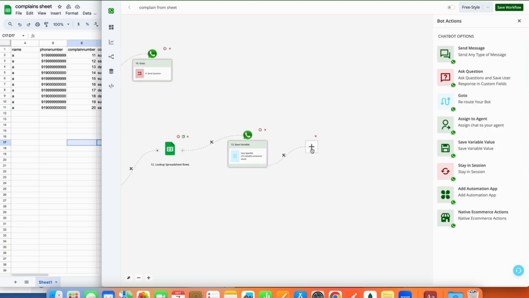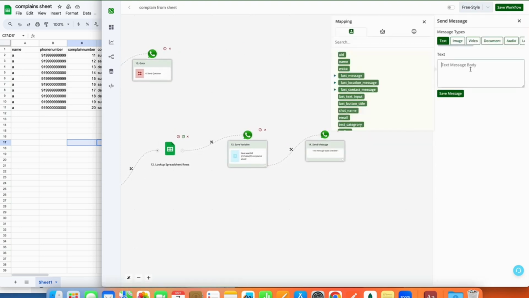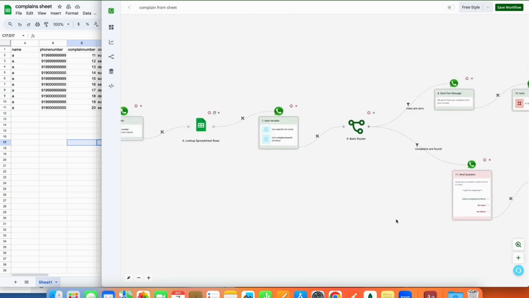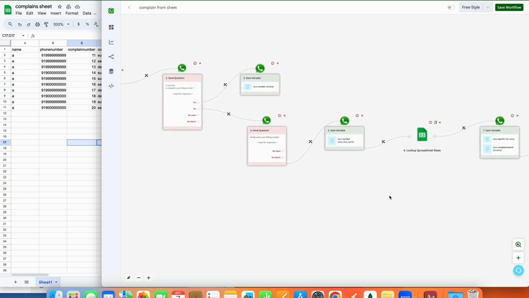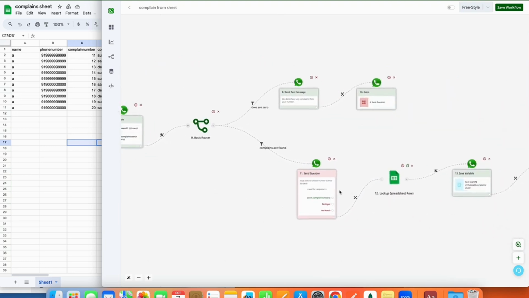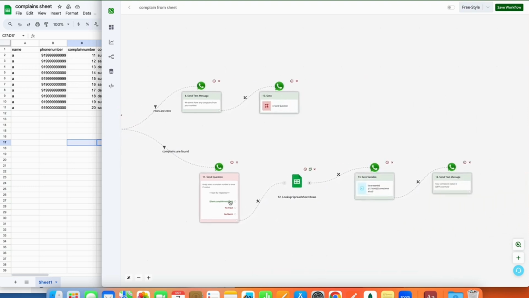Now in the next step, I'm going to send a message, your complaint status is. So whatever the output would come, solve pending, will be sent to the user. So this is how you can create a flow, fetching data from Google Sheets, creating dynamic buttons, and then asking the user on clicking of the button, again fetching the data from Google Sheet and